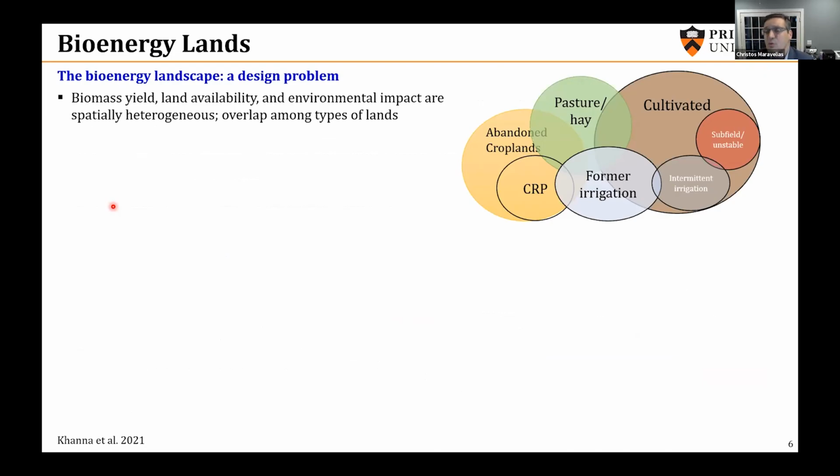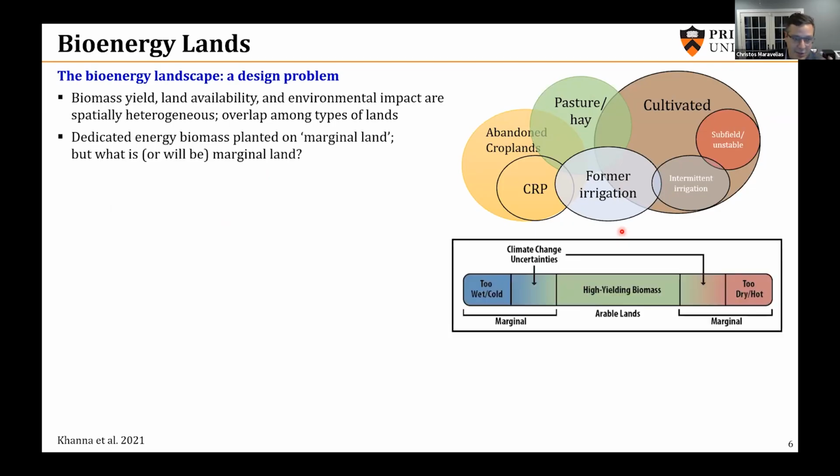So first decision: which are the lands that we should be using? This is not an easy question because there are many, many different types and definitions of marginal lands. In this figure, I'm showing just some of them. For example, abandoned croplands are land that can be used. Formerly irrigated lands are lands that can be used. Which one of the two? And in the Venn diagram, there is significant overlap. An additional